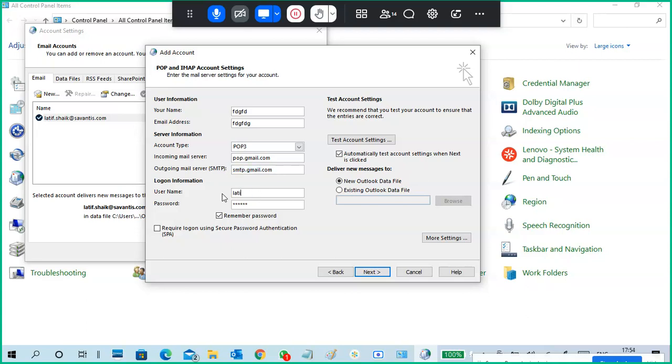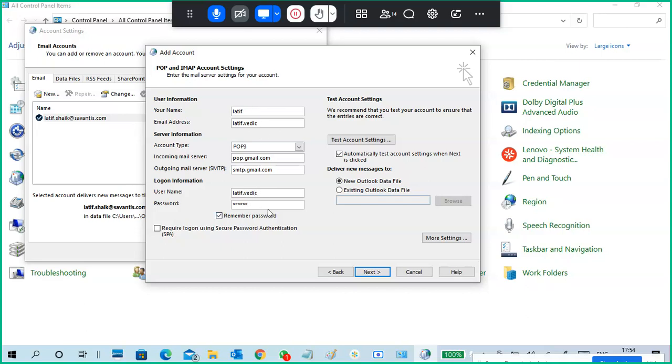Name is Latif, and username is Latif, then a password for that one.